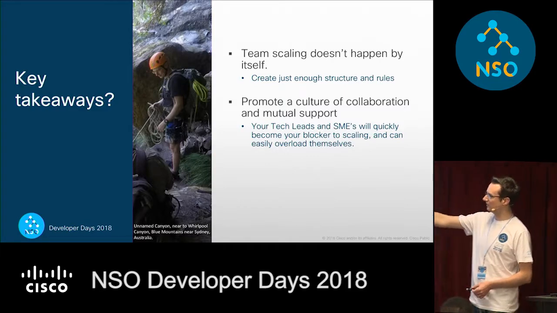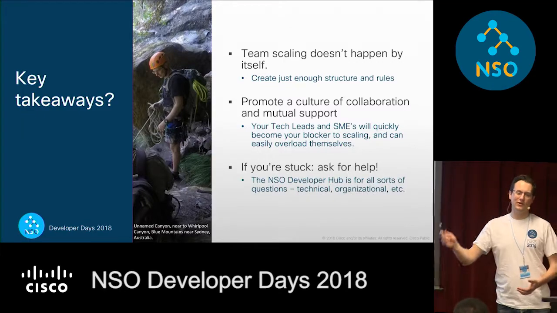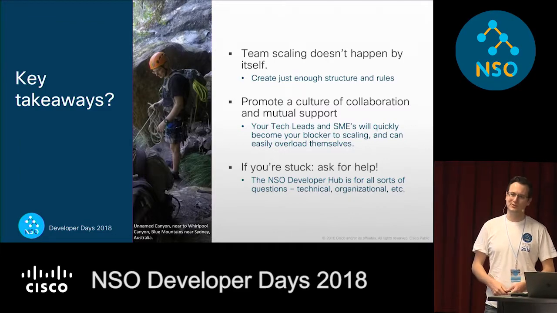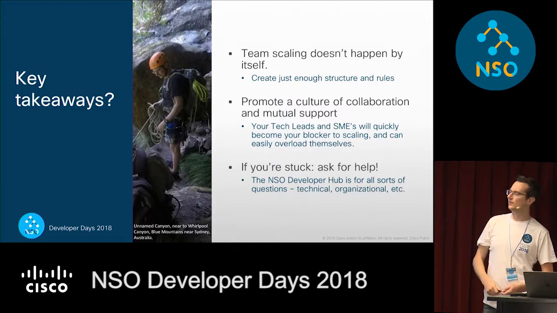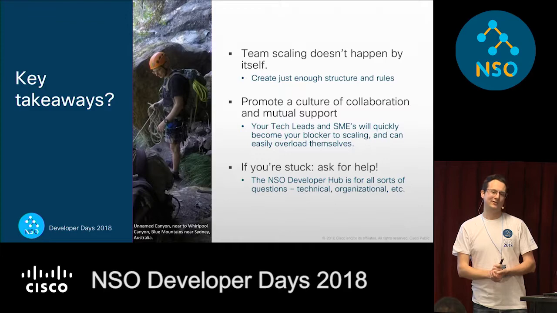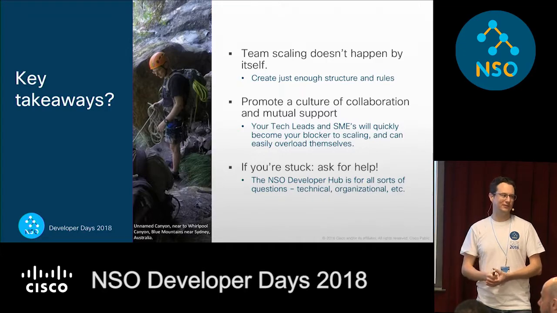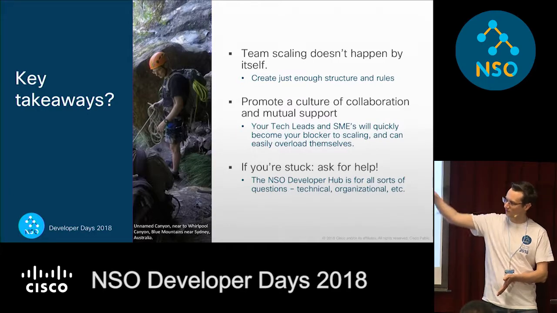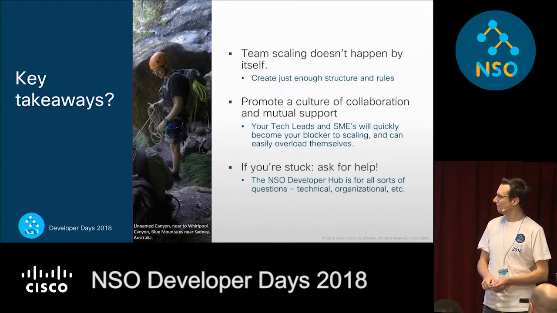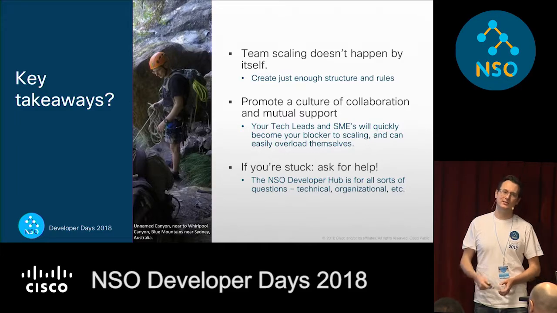And this is a picture of me canyoning. So canyoning, you go out into the Australian bush, you take some ropes and you go find a canyon and you descend down it. We got lost. We misread the map. We were 15 meters away from where we wanted to be, and we thought this is the start of the canyon. We didn't realize just over the other side of the ridge was the start of the canyon. So off we go, but then we got stuck. We got pretty stuck. But the thing is, if you're stuck, ask for help.